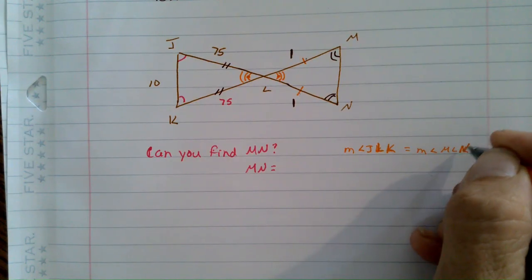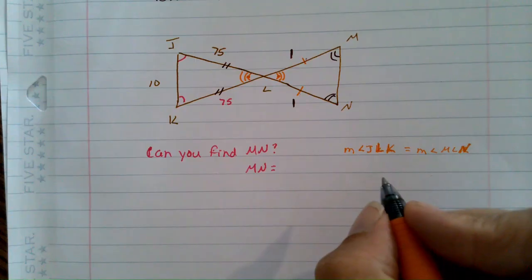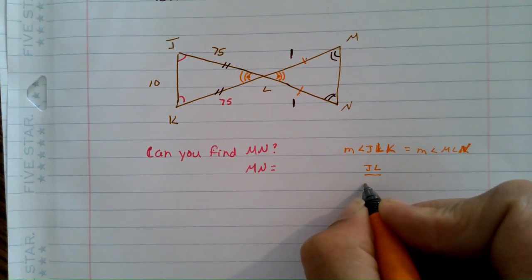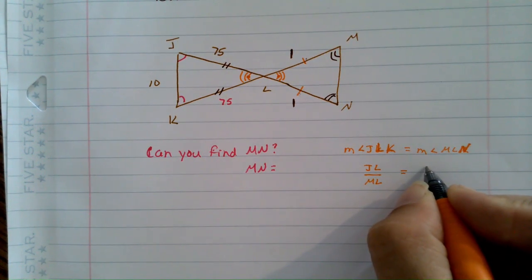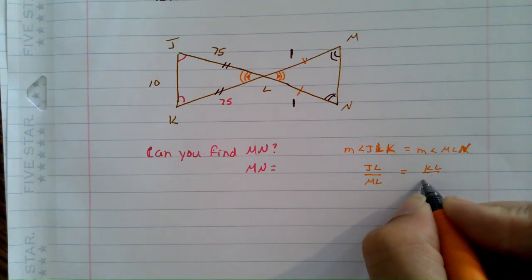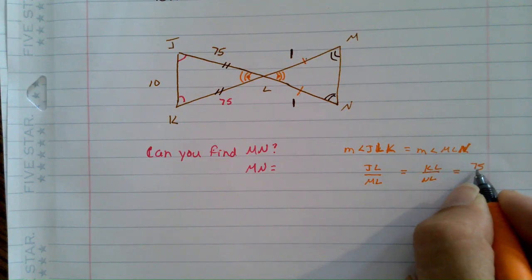Wow, I got letters all over the place. And because JL to ML is equal to KL to NL, and those are both equal to 75 over 1,